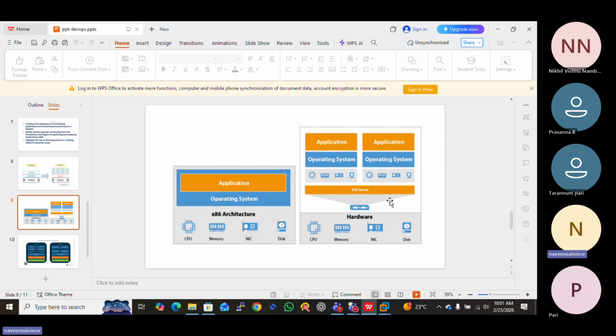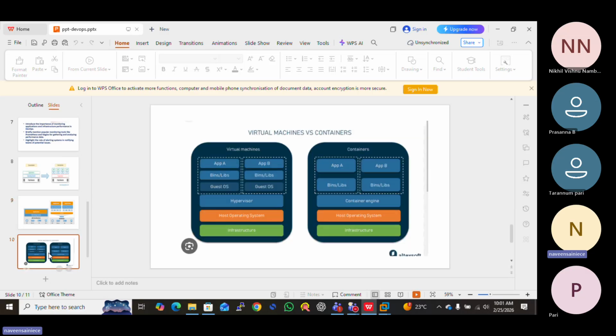In our data centers we use this type of hypervisor, installed directly on the hardware. And here also you can create multiple virtual machines. So this is another type of hypervisor. Then there is containerization, so we will learn virtual machines and containerization in Docker.